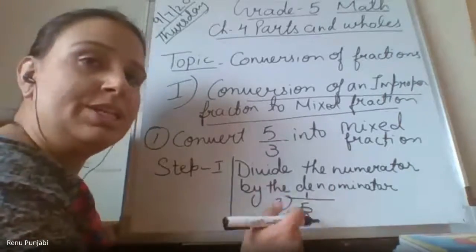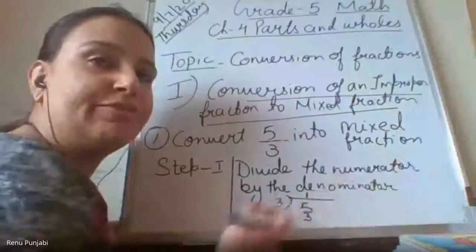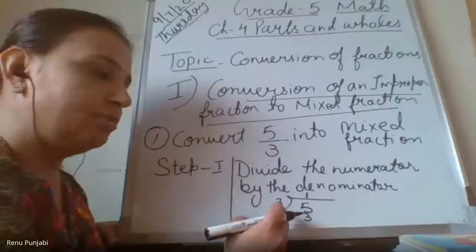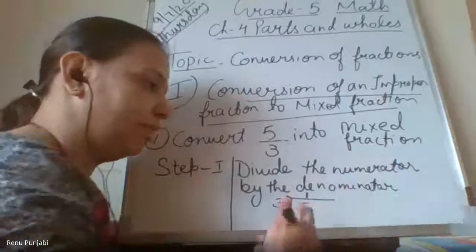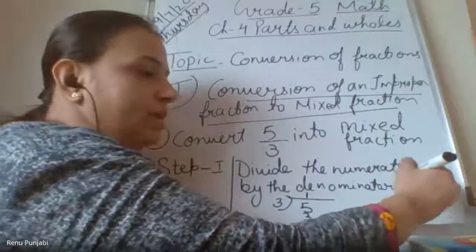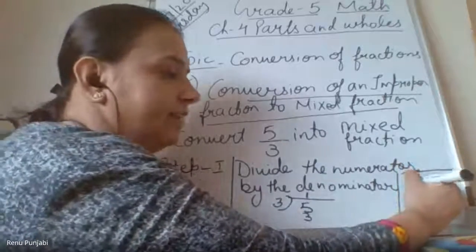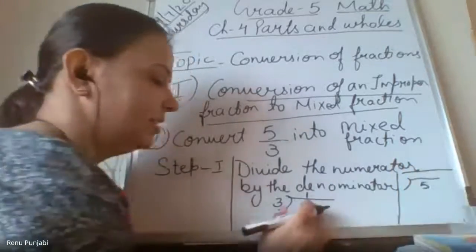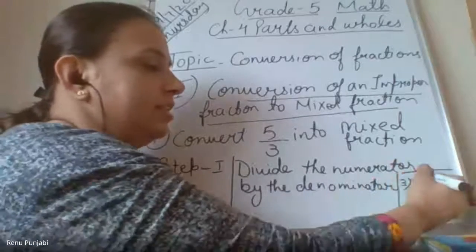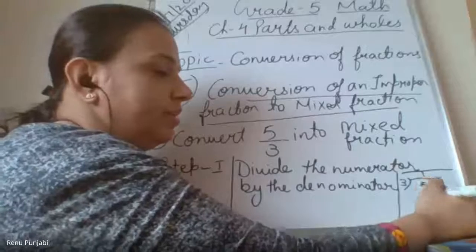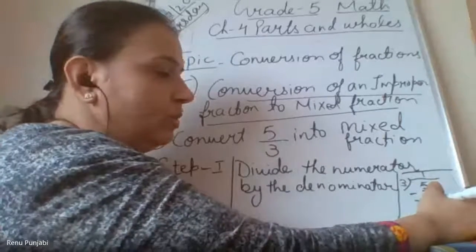Please do this division in the right hand side rough column. I don't have space, so I am doing it here. You have to do it on the right hand side of your notebook. Make a rough column this way, on the right hand side, and divide like this. I will also erase from here and write it here. 3 ones are 3. When you subtract, you will get the remainder.